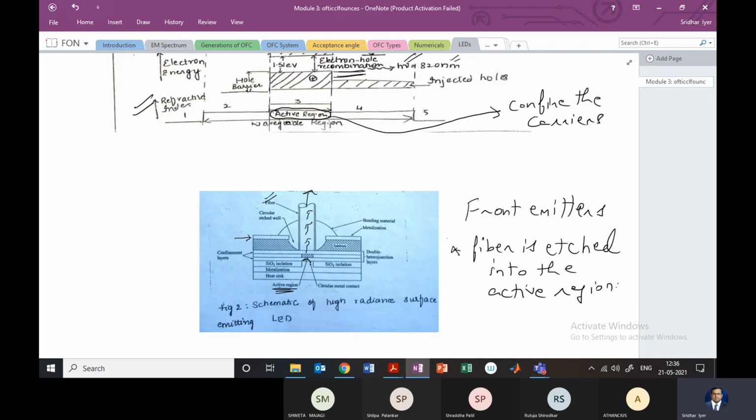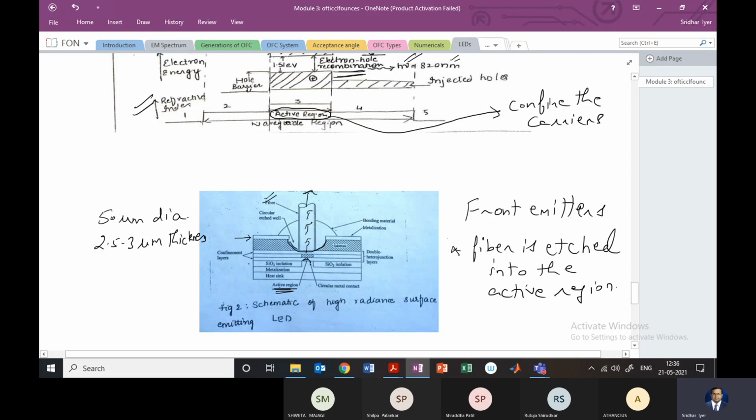You have this active area, which is basically circular. As you can see, I'll just draw upon it. This is a circular area, and this helps in the fiber being cemented there. This will have some amount of thickness and some amount of diameter. In general, this diameter will be about 50 micrometers, and the thickness will be somewhere around 2.5 to 3 micrometers.